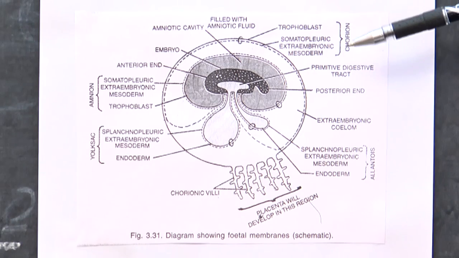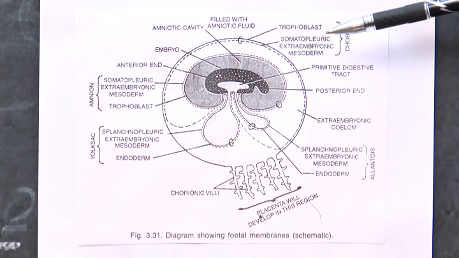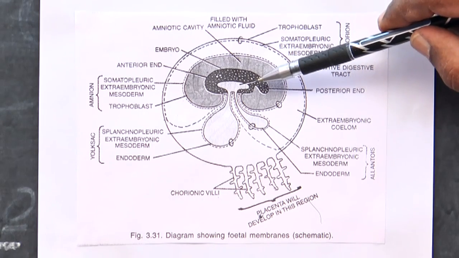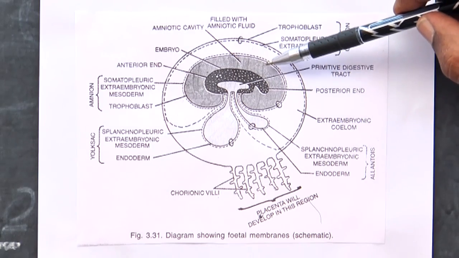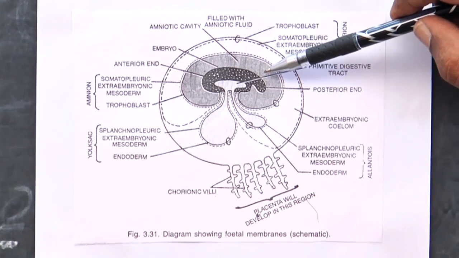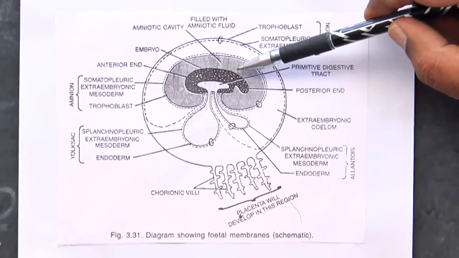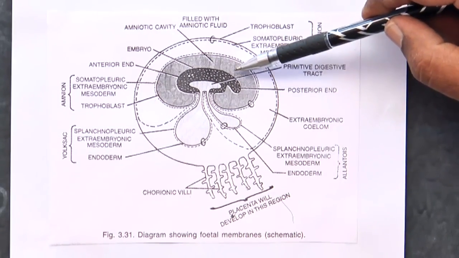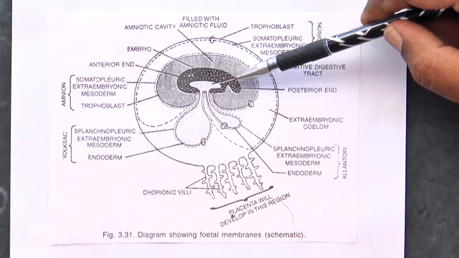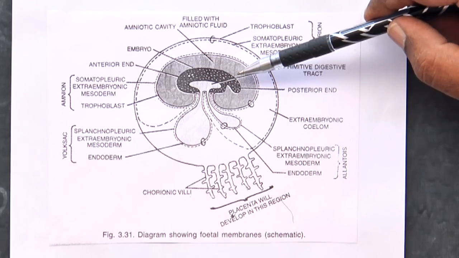So as I said earlier, now let us see about the various extra-embryonic membranes. These extra-embryonic membranes protect the embryo from desiccation because they provide a fluid surrounding. It prevents the embryo from getting dry. And this fluid gives buoyancy to the embryo. So it protects the embryo from mechanical shock, and it also helps in the absorption of nutrients and gases. So first we'll see about the